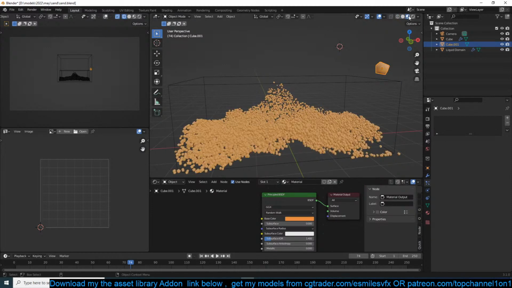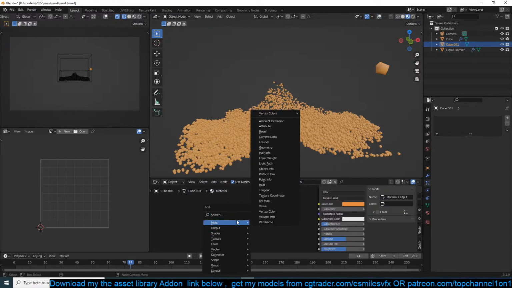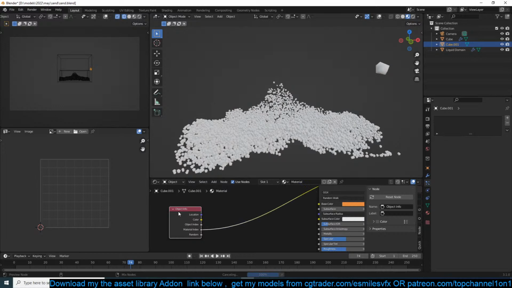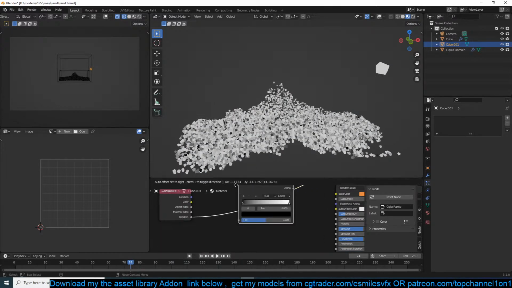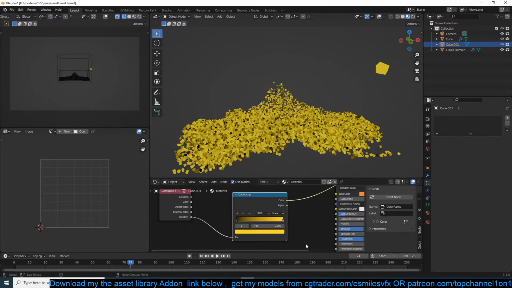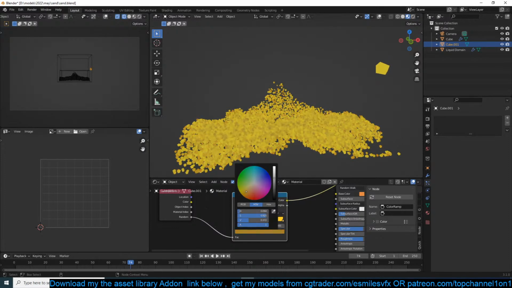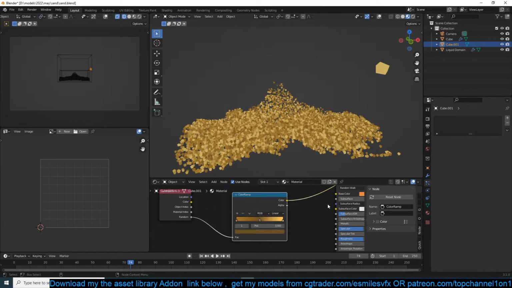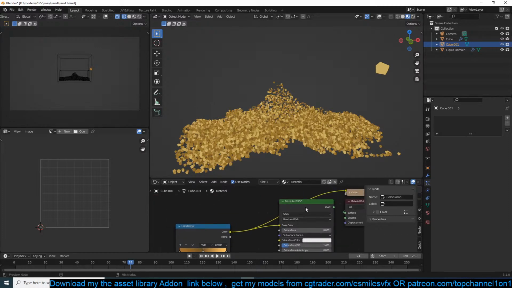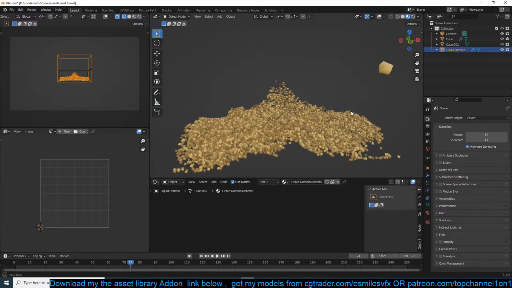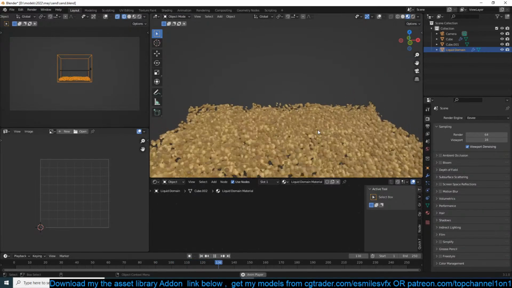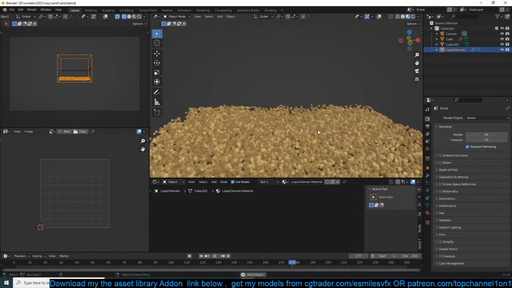So if I have this as a sand and I use an object info, input object info, just to randomize the color of the sand particles. You see, you can't really use